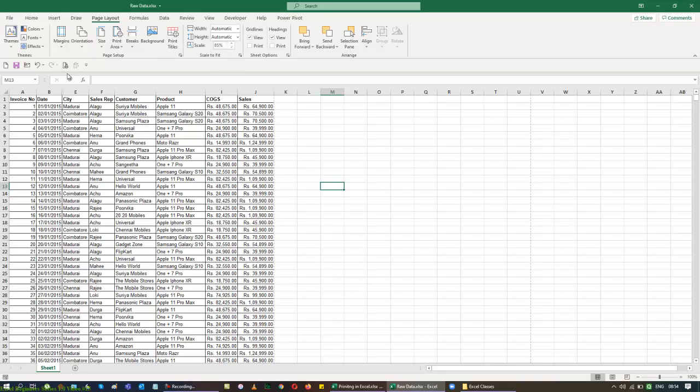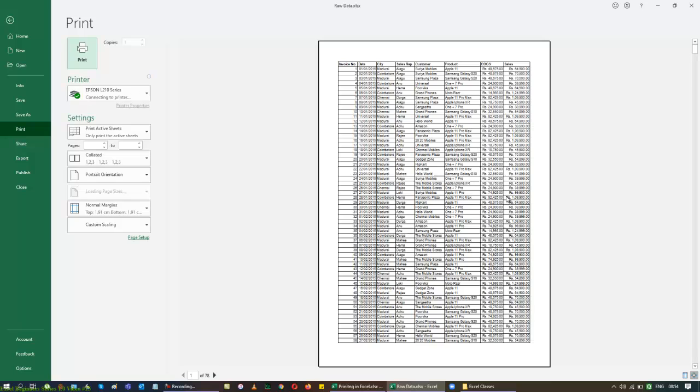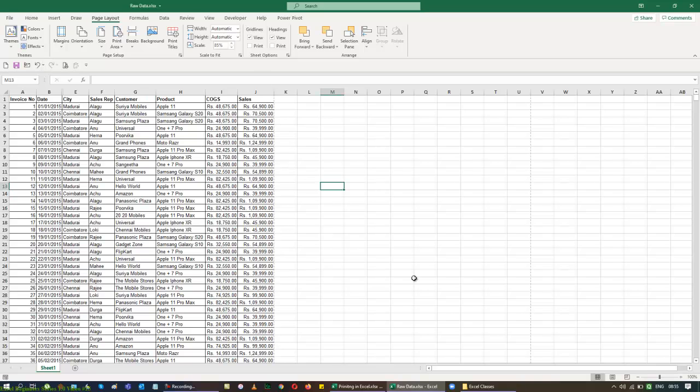Now when I go to my preview, you can see all the data are covered. For readability, it will be a little tough for us, but still we can take a printout in this dimension. I'm not changing any of my margin or orientation as such. I just kept whatever the default options we have in our page layout. I used only one option here. That is, I've reduced the scale factor to 85% and hidden two columns, which are continuously the same.